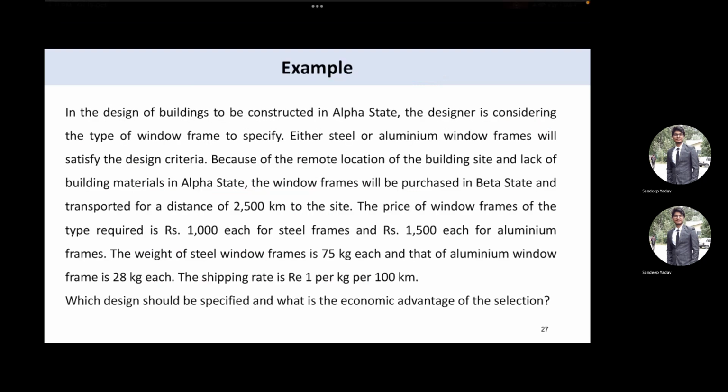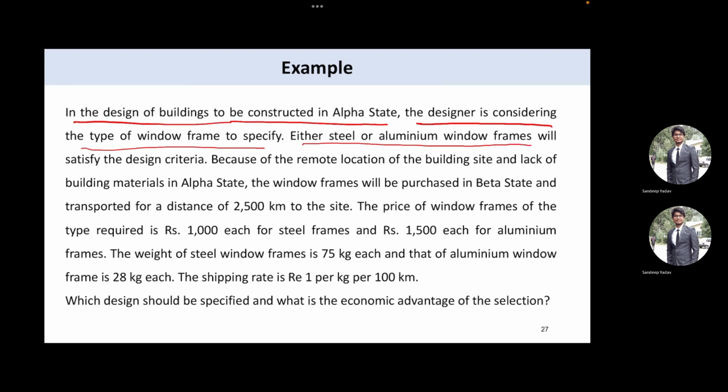Let's see this. Here in an example, the design of a building is to be constructed in the alpha state. The designer, considering the type of window frame, specifies that either steel or aluminum window frame will satisfy the design criteria. Because of the remote location of the building site and the lack of building material in the alpha state, the window frames will be purchased in beta state and transported for a distance of 2500